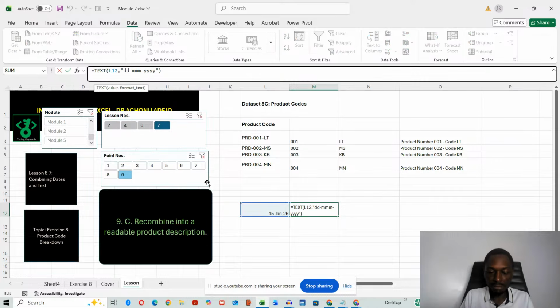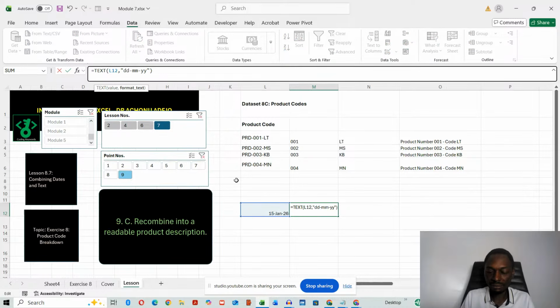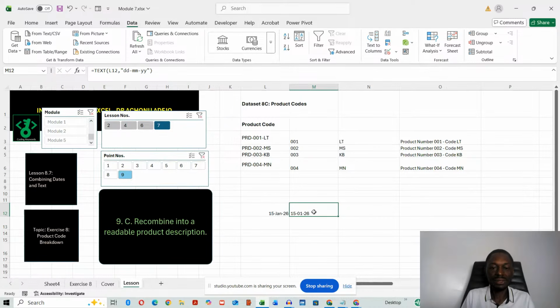So now here we see it's mm, and let's see. There you go. So you see, Control Z, this was MMM, and then MM, you can see. So this is how we can, now let me do it YY, and there you go. So that's how I use the text function to format the dates in different ways. So just to round up,